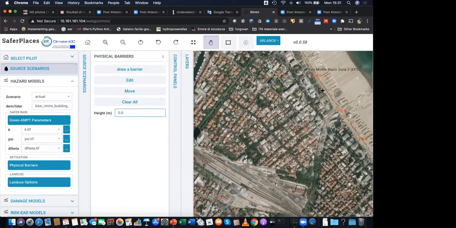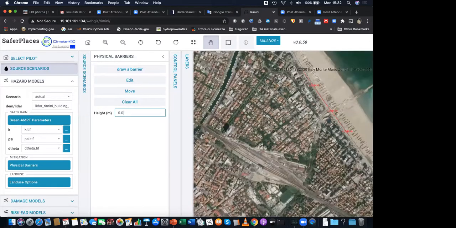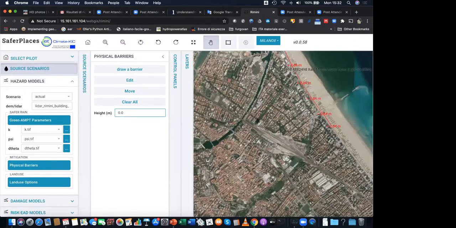And then, yeah, maybe again I can insert 84. And so we are able to insert multiple and different physical and structural barriers like artificial dunes, but also